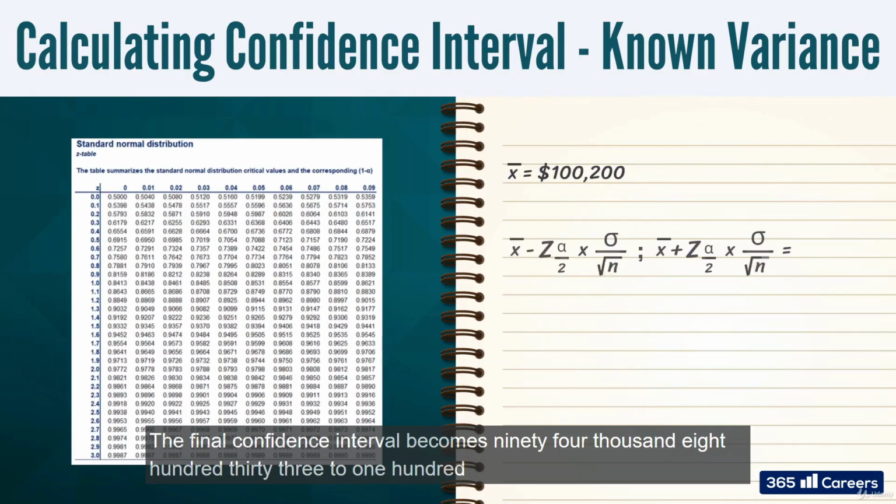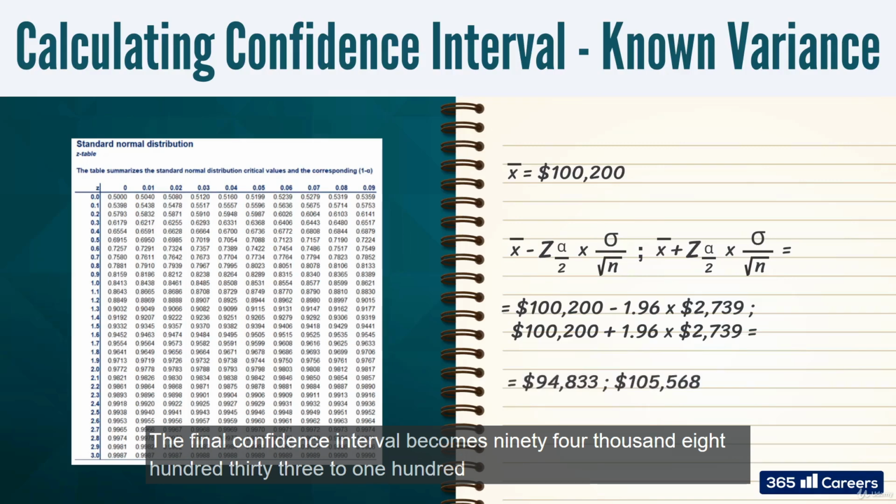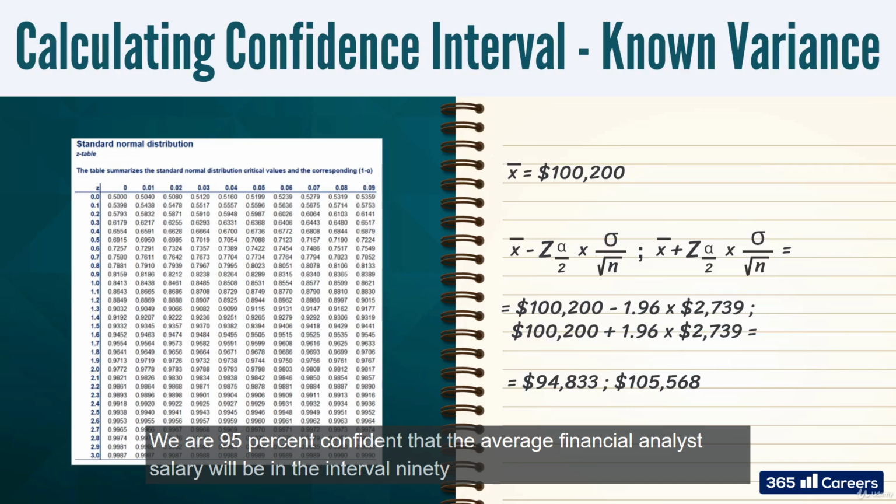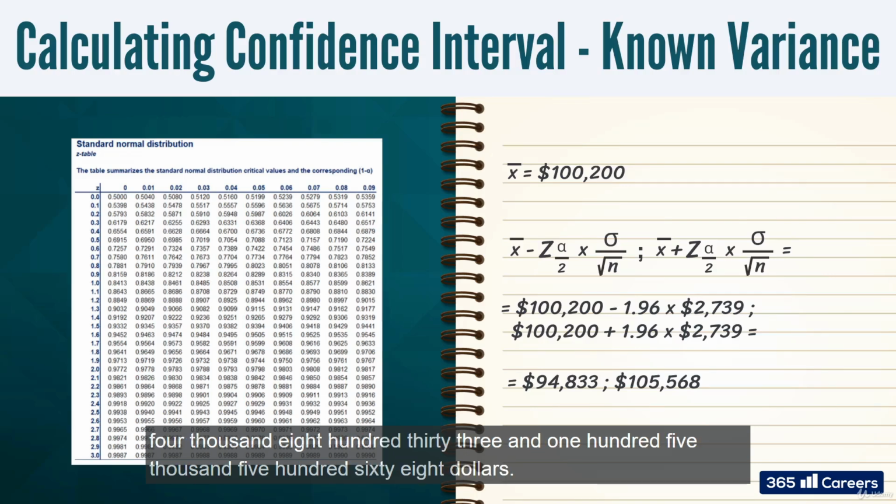The final confidence interval becomes 94,833 to 105,568. The interpretation is the following. We are 95% confident that the average financial analyst salary will be in the interval 94,833 and